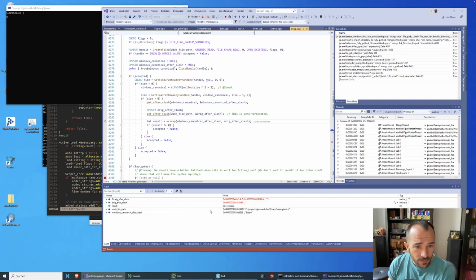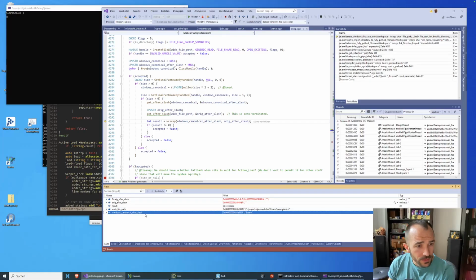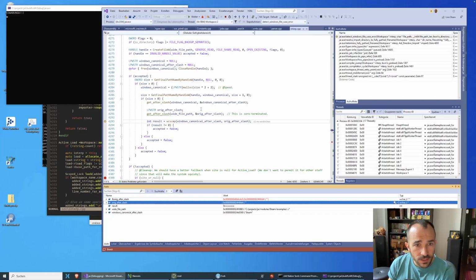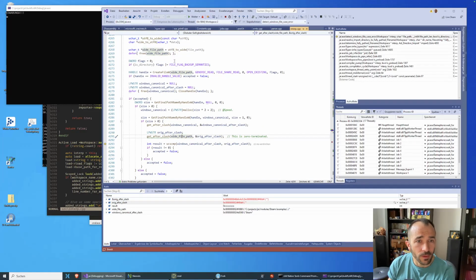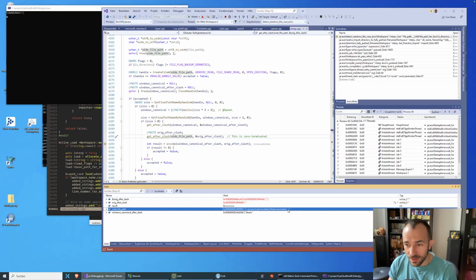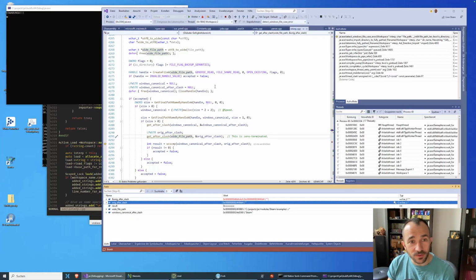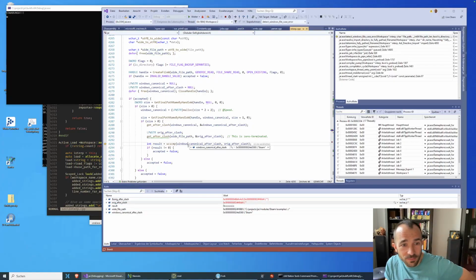Okay, we have this, and we have org after slash, and org is wide file. So the problem is we have a dot slash here, and the canonical thing after the slash is nothing, of course, but it makes no sense to compare those two.